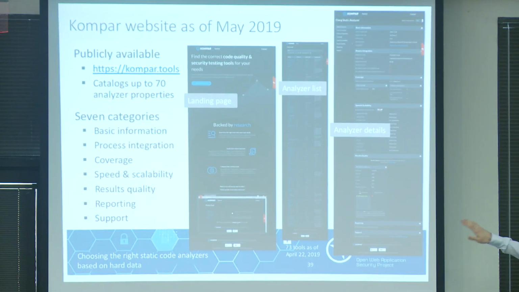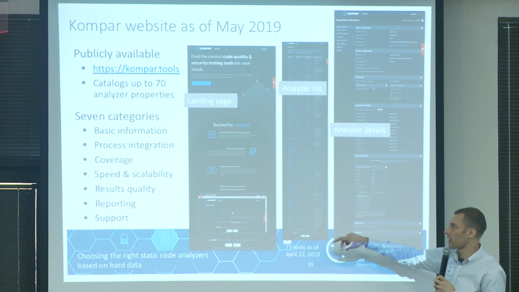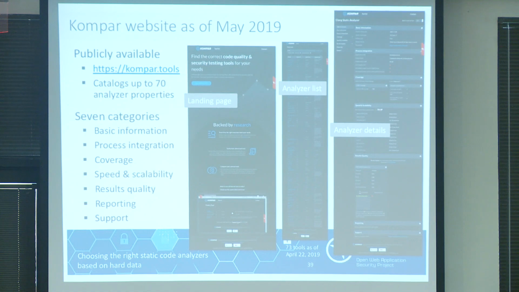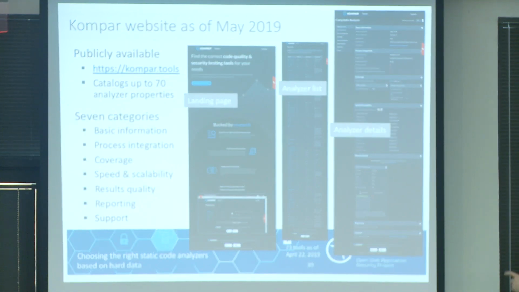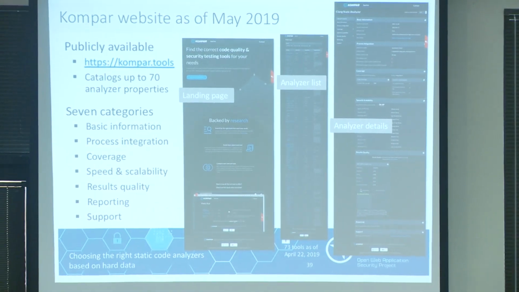But what we've built so far is this site here. So we've got a landing page. We've got a list of the analyzers that we catalog. And you can do some filtering on that. So you can filter by programming language, or actually any of the attributes that we store. So there's a filtering control at the top of that list, and it just shrinks right down as you add